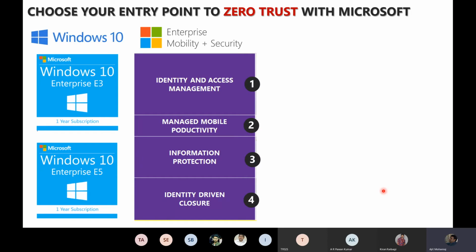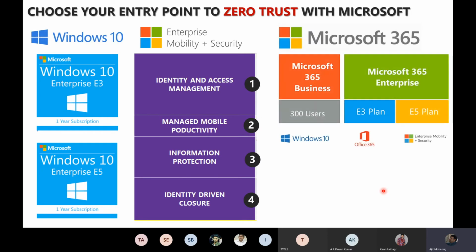Number two, I like the story of EMS, which is nothing but identity with Azure AD. You're talking about Intune, which is managed mobile productivity. You're talking about all that Azure information protection, DLP, data leakage, and all that cloud app security. Can I get all of that together, or can I pick them one by one? So the answer is you can pick them one by one, or Microsoft has actually pushed that together like a hamburger and given it to you under the guise of Enterprise Mobility and Security, right? And then to further make it more simple, with your existing O365, if you like to have Windows 10 and you like the EMS piece, whether it's the E3 plan or the E5 plan, Microsoft has bunched it and made it even more economical for you to consume this.